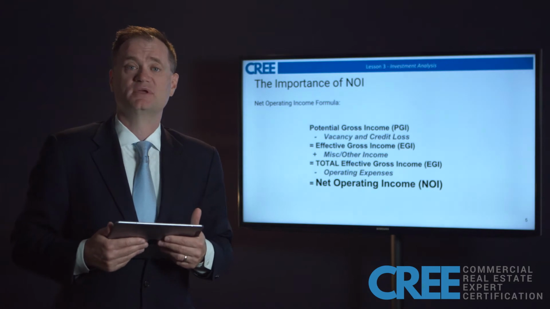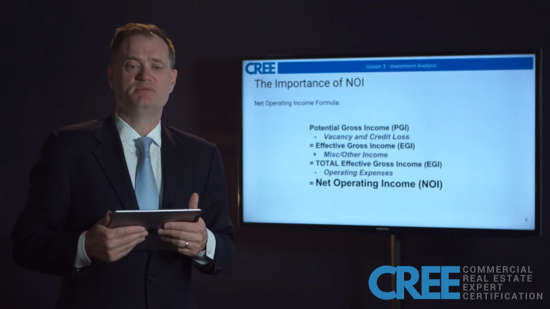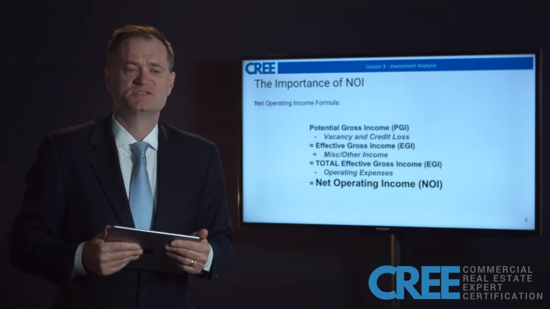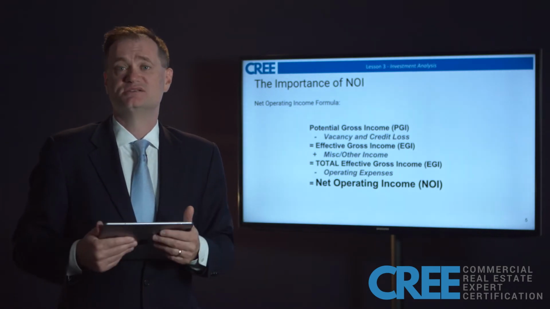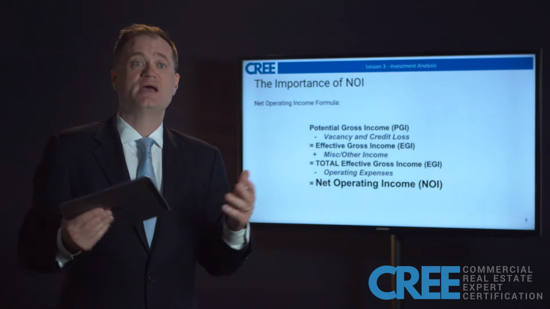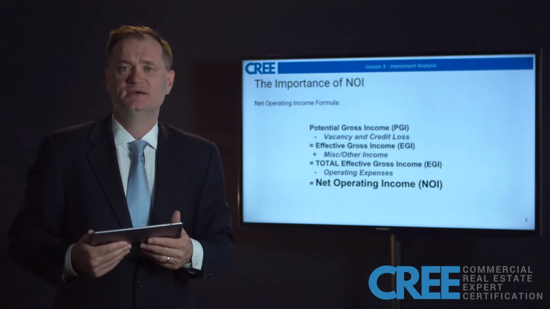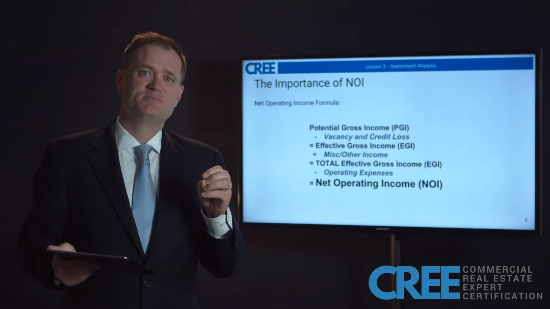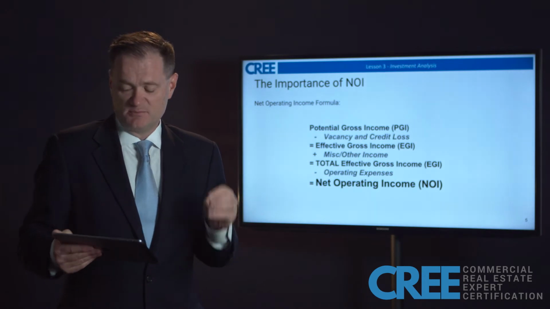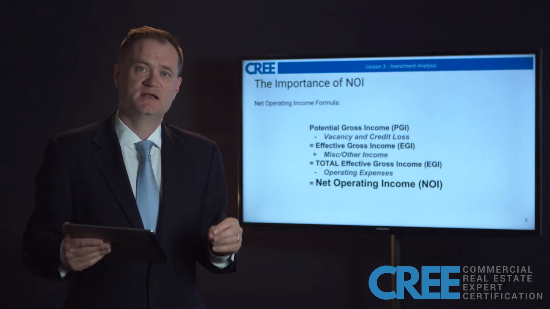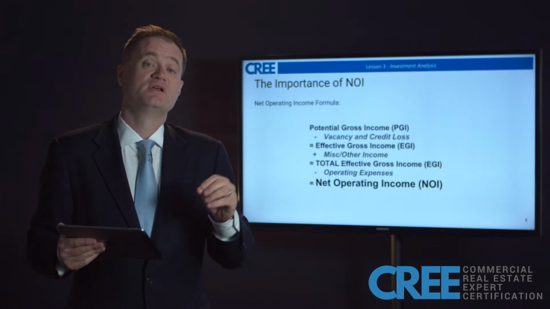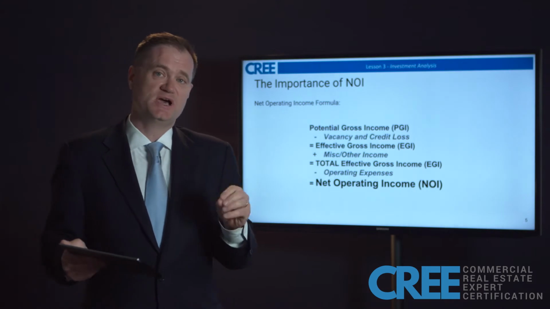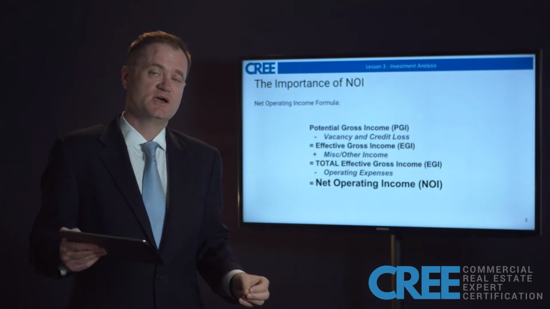Sometimes in commercial properties, you might see that there might be maybe a cell tower or some other income that maybe isn't regular, or a percentage rent income that comes in from a certain tenant. And we'll talk about some of those other additional income. But for the most part, that's going to be a pretty minor part of the equation. PGI, those rents that are coming in from the tenants, should account for a majority, if not all, of your income. That gets us again to our EGI, our effective gross income, and then we're going to take off those